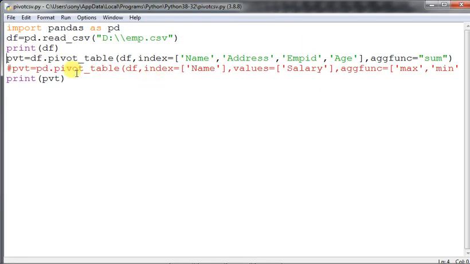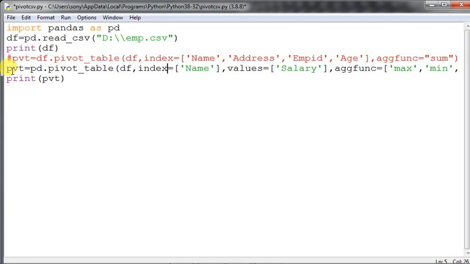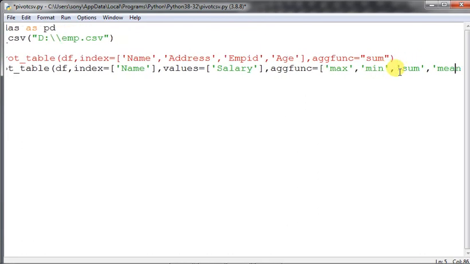Fine. So now I am just closing this one and I want to do what? There we have used only one function. Now we will use a series of functions out here. What are the series of functions? All the aggregate functions, and we are doing the index on name, and we are not adding all the values and all the columns this time. We are only taking name, and then salary, because values we have to take from the salary, and then we are adding up everything: max, mean, sum, and mean means average.